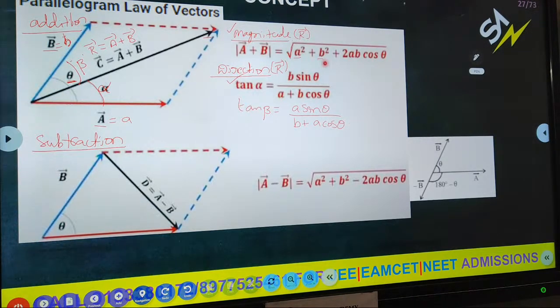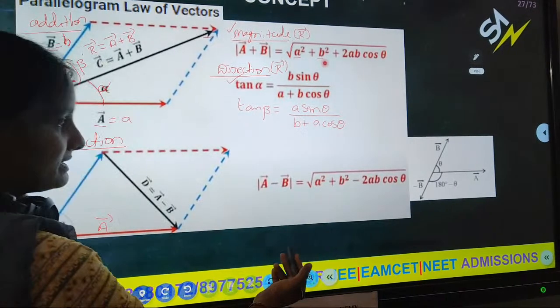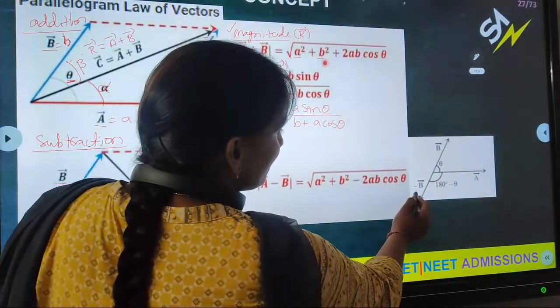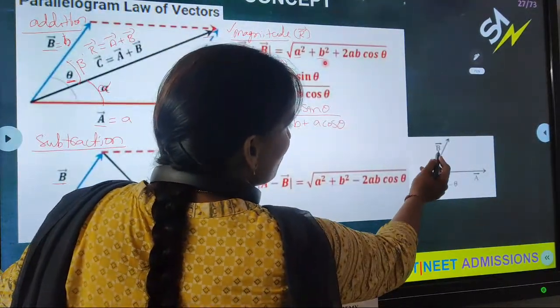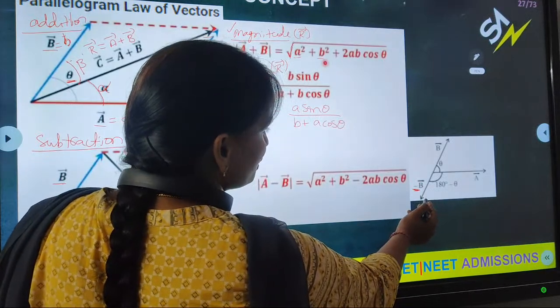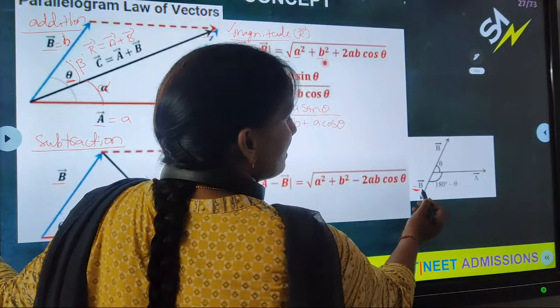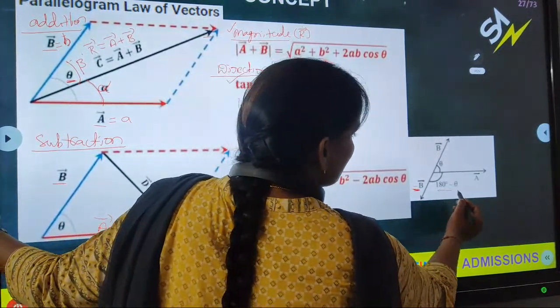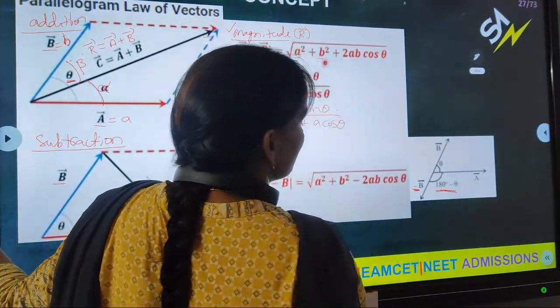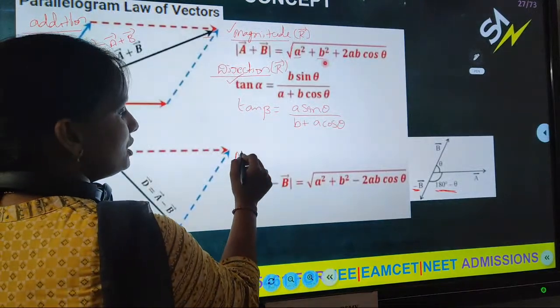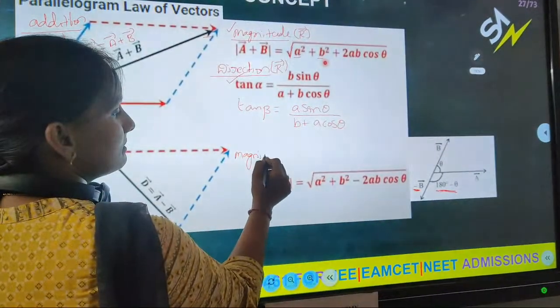In the parallelogram law, subtraction of vectors. Here we are taking a bar and b bar representing sides of the parallelogram, and you can see the subdiagram of this. We are taking negative vector of b, which is in opposite direction. Then the angle between vector a bar and minus b bar will be 180 minus theta. Then the magnitude of the resultant